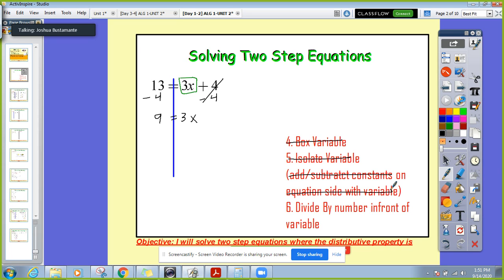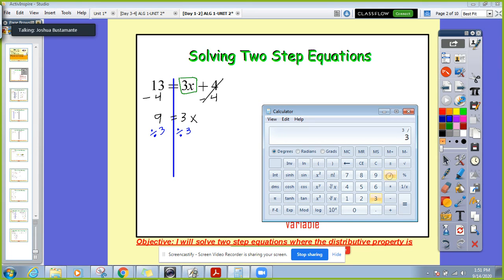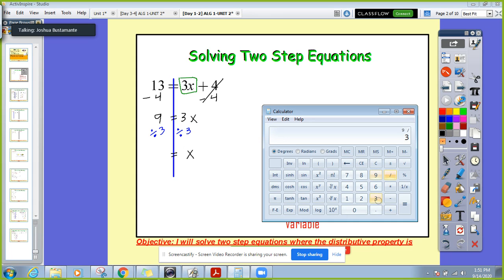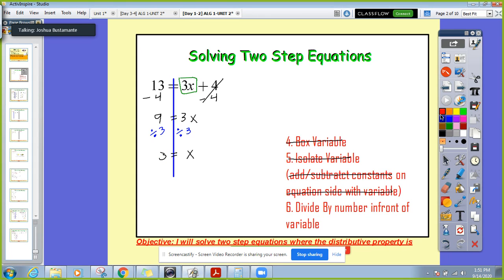Now, the last step is to divide by the number in front of the variable. So here I have a 3 in front of the x, so I'm going to divide by 3 on both sides. We can see that 3 divided by 3 is 1, so we're given 1x. And then 9 divided by 3 is 3. So our final solution is x is equal to